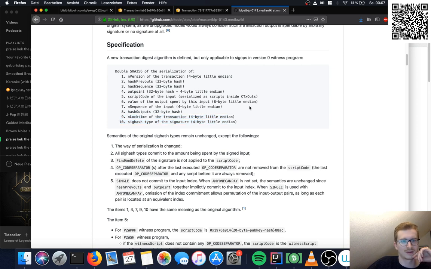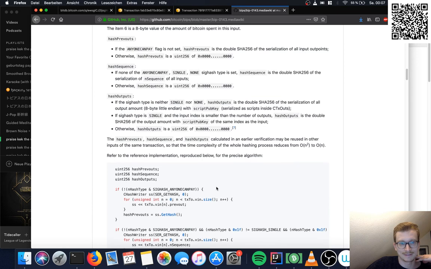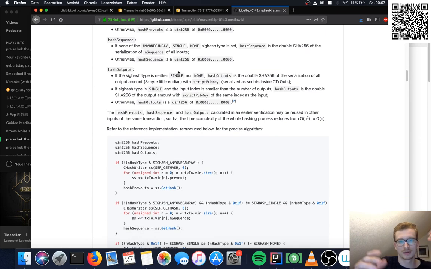And actually, in the implementation I made, these can be freely chosen by the spender of the transaction. Only this thing right here has a constraint. Everything else is unconstrained, and this hash outputs is all the outputs concatenated, and then you hash it. And this is exactly what we do here.